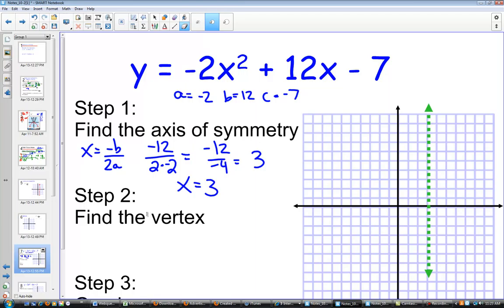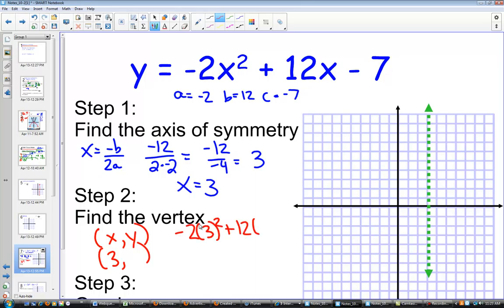So that is important. Then the next step is to find the vertex. Well, we already have part of it, so don't make any more work for yourself. We know the x value is 3. Bingo bango, we already found that out up here. So then we plug 3 in for x into the original equation, and we solve it